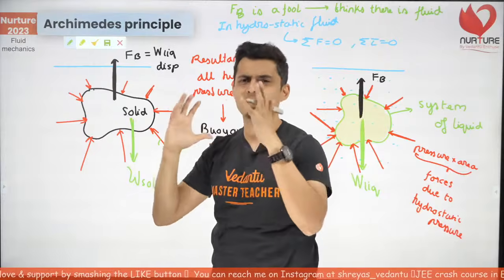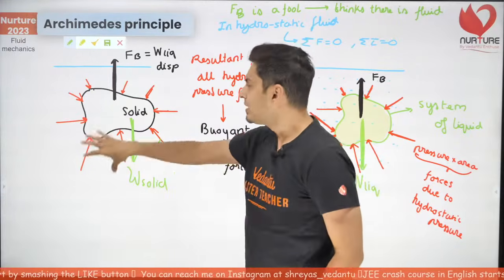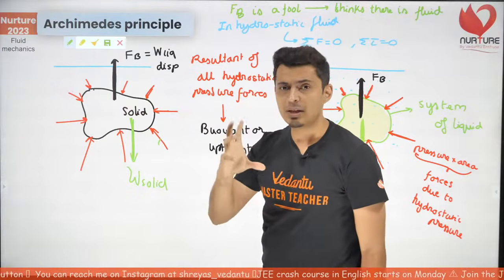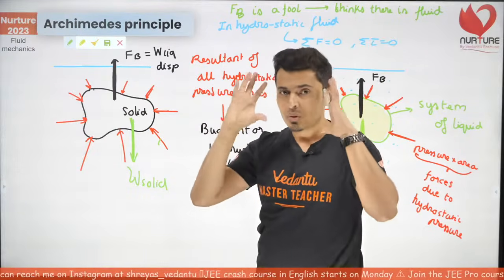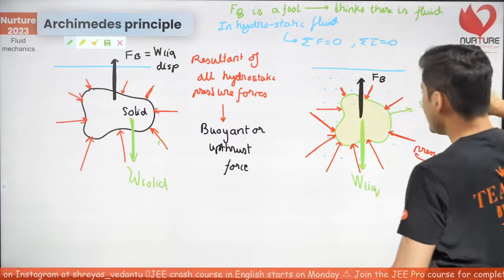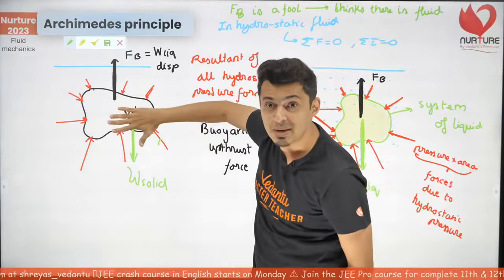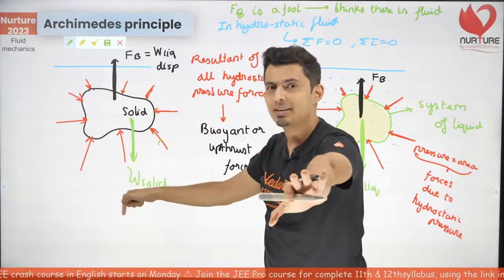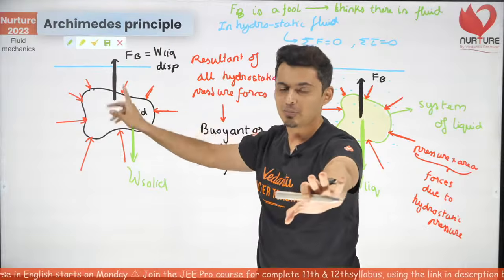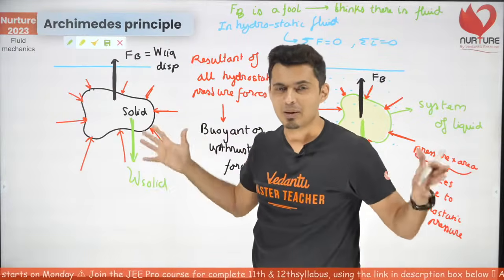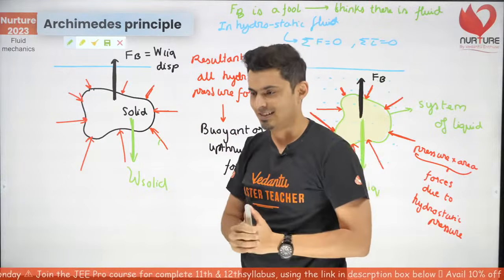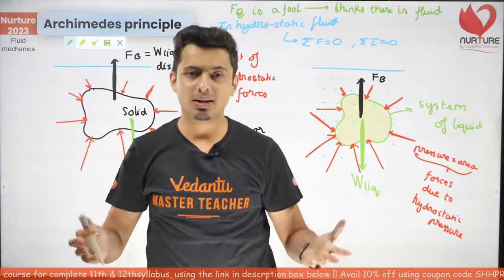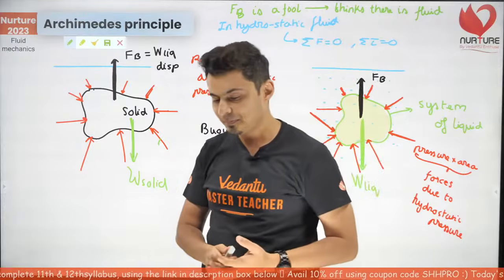And by chance, somehow the density of the solid and the density of the liquid, imagine both are the same. So when you replace that liquid with a solid of the same density, coincidentally the weight of the solid and the weight of the liquid, or buoyant force, will be equal, and that's how it will stay there as it is. So that's how floating or flotation works, or that's how buoyant force works.